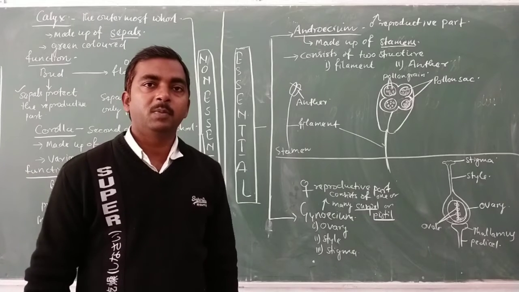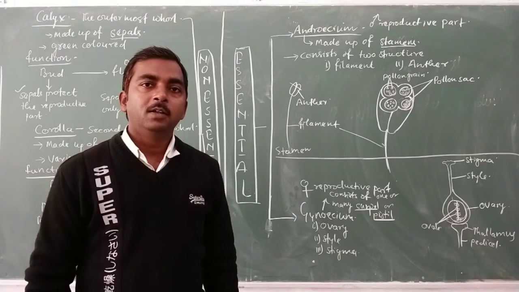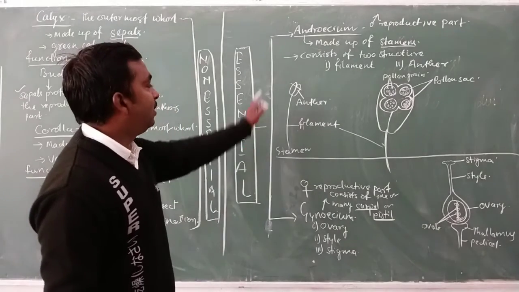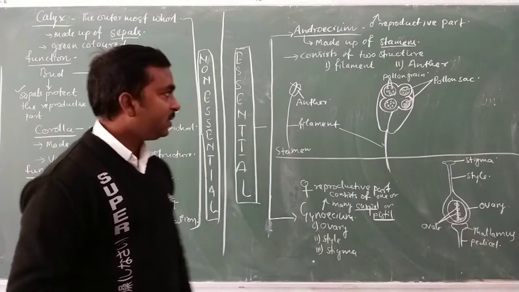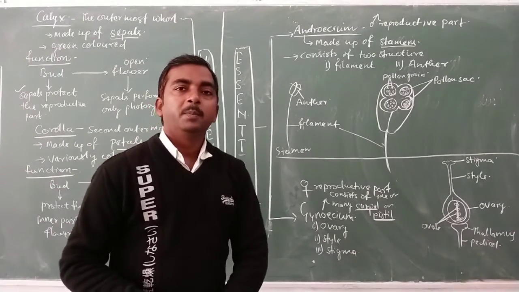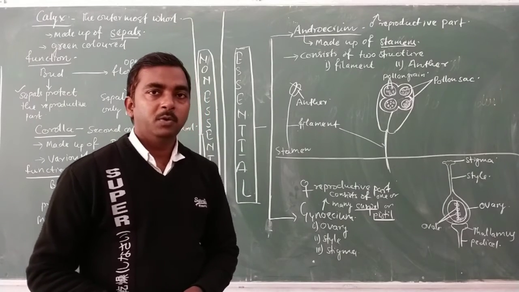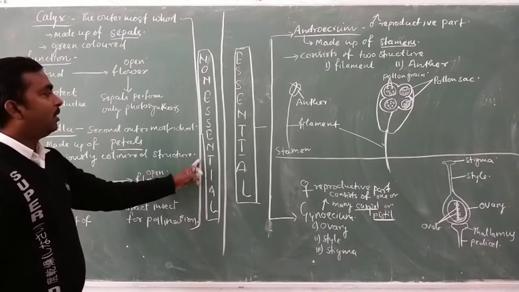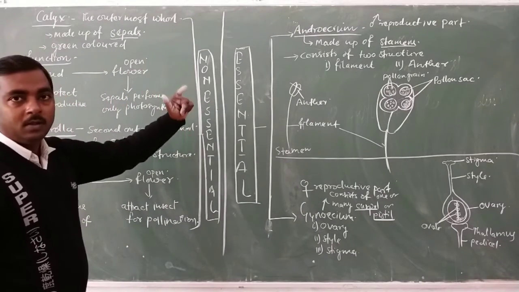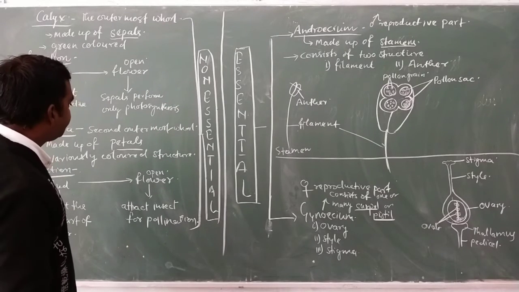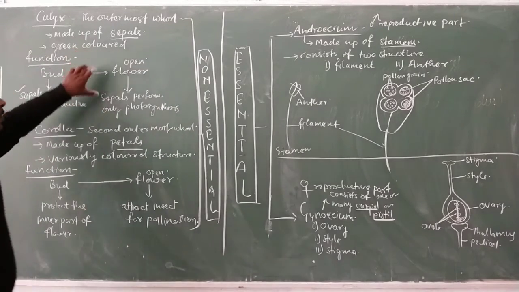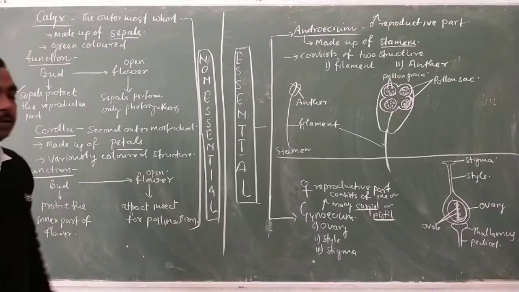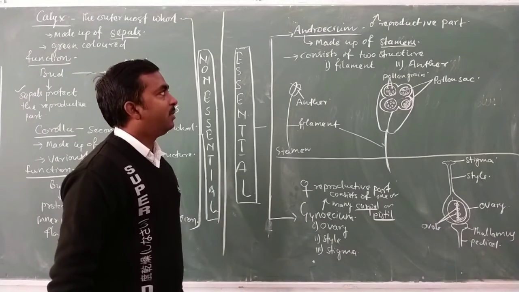It means in the absence of sepals and petals, the plant can reproduce with the help of stamen and carpel or pistil, because these are the two components which carry the male and female gametes, and reproduction requires only male and female gametes. So they are known as non-essential or accessory parts of the reproductive organ. Using this information, we can also differentiate between calyx and corolla, which may be asked in the examination.